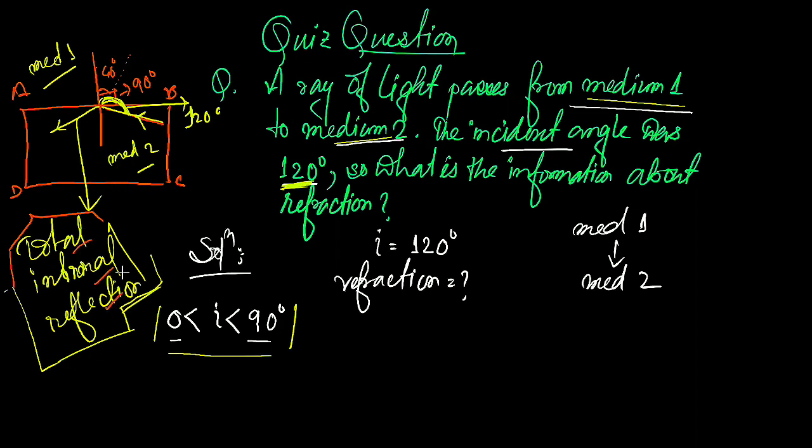I will not discriminate because all are correct answers. But if you can write total internal reflection, then the answer becomes more prominent. That is the main factor. I gave the question, but your answer is also correct if you said that the angle should be between 0 and 90 degrees, but here the angle is 120 degrees, so there will be no refraction. This is the main fact.